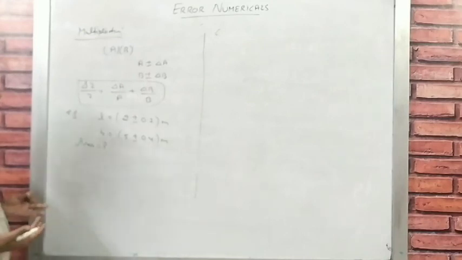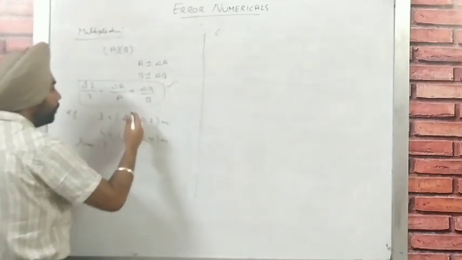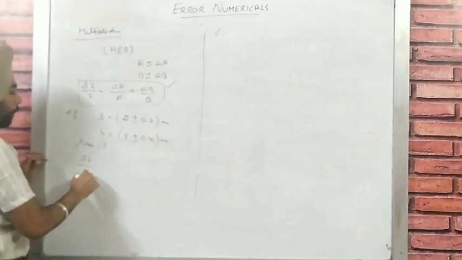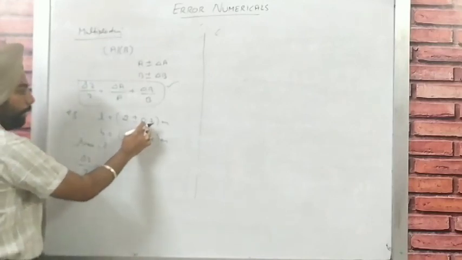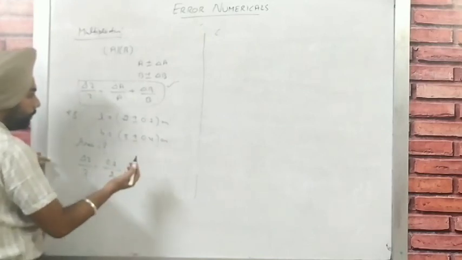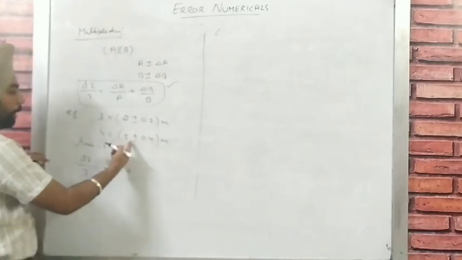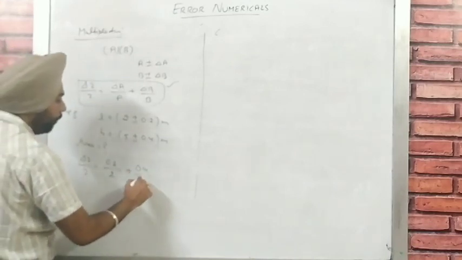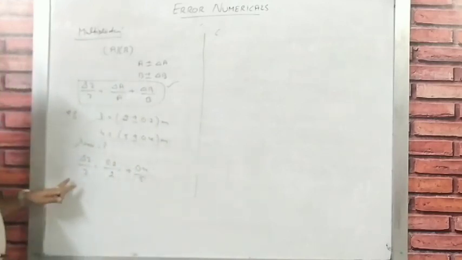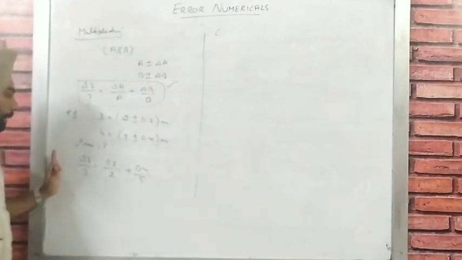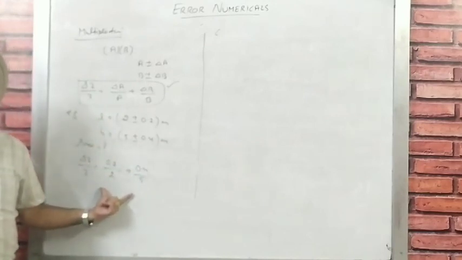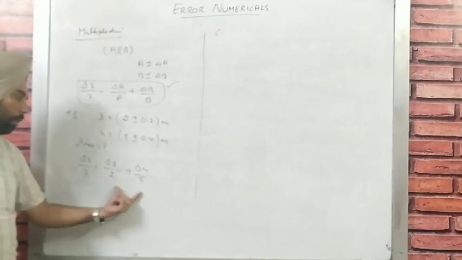So we can easily find that by this method. The answer is going to be, let's say, delta z upon z is going to be, now what is the value of delta a here? 0.2 divided by 2, plus, and similarly, 0.4 divided by 5. That's how you can easily solve the relative error of anything. If you have to multiply, you can just use that formula.